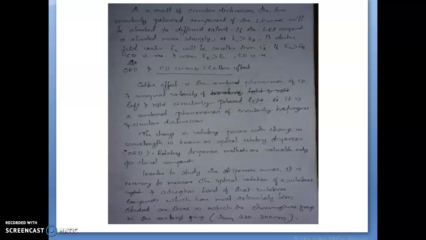We can say if nL is greater than nR in a long wavelength region where the optically active substance is transparent, then EL will be greater than ER. For a shorter wavelength region, the light is absorbed. By convention, if EL is greater than ER, circular dichroism will be positive, and if EL is less than ER, then CD will be negative. The difference between EL and ER for different wavelengths can be measured directly, and the result is circular dichroism. The CD curve is positive or negative over the whole range of wavelength. Okay.